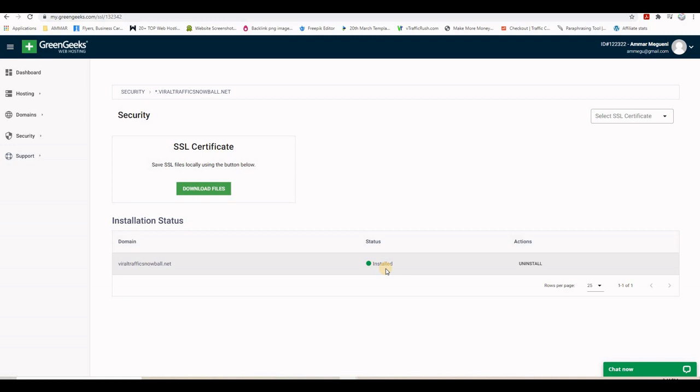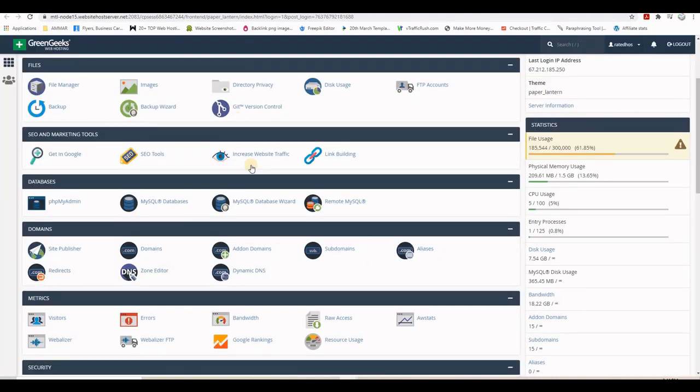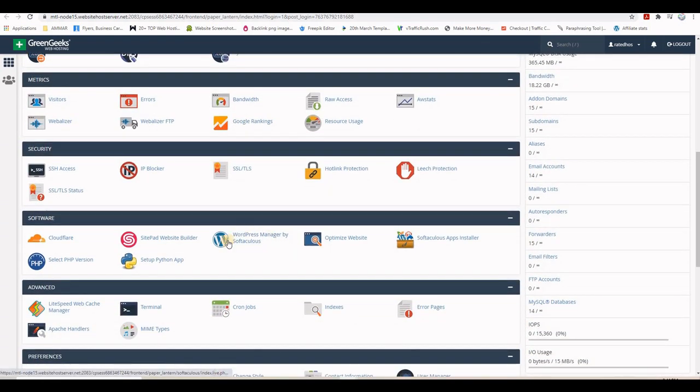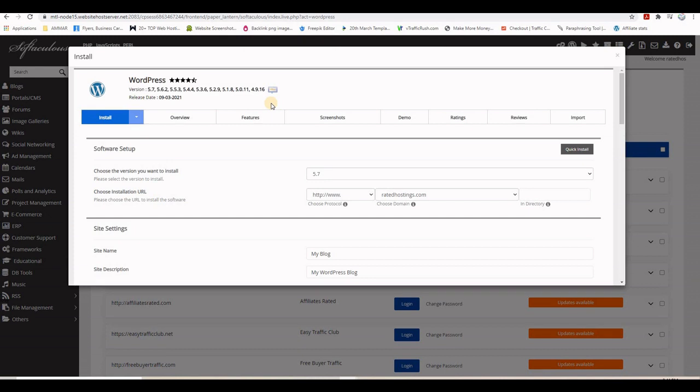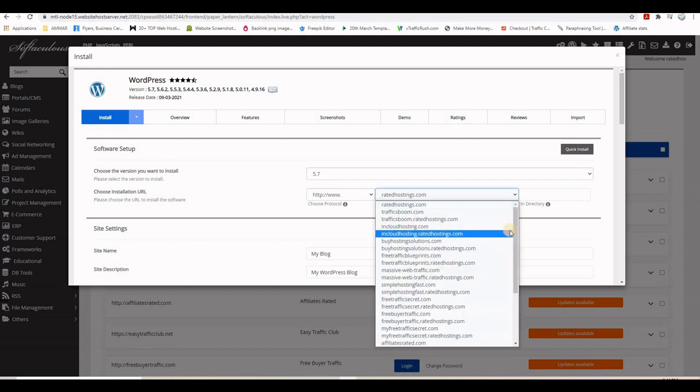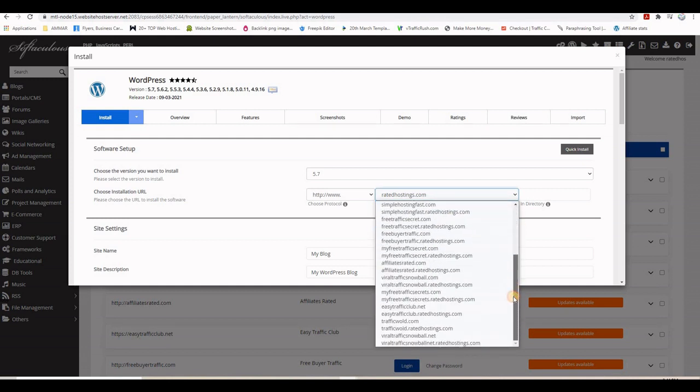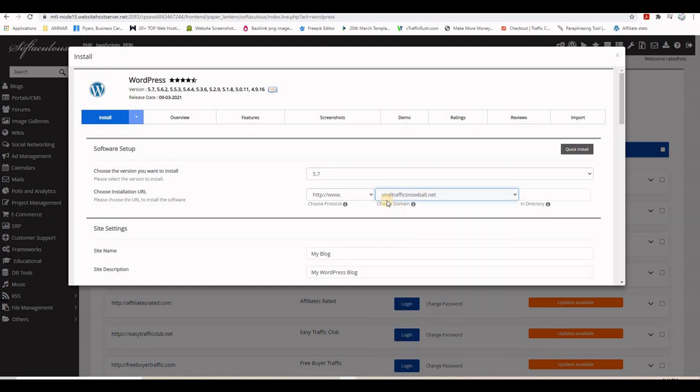The next step will be installing WordPress, and for this we need to go to the cPanel and search for this one here, WordPress Manager by Softaculous. So you click on this one here, and then you need to provide a few information. So first you need to click on this button here, install. And after that you need to select the domain name for which you want to install the WordPress. So you need to search for the domain name, and this is the one I want,